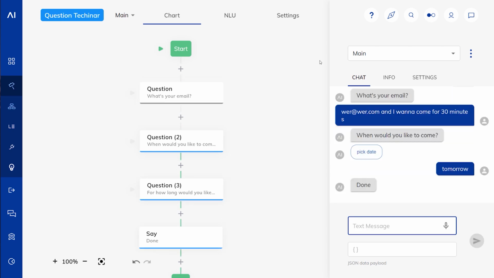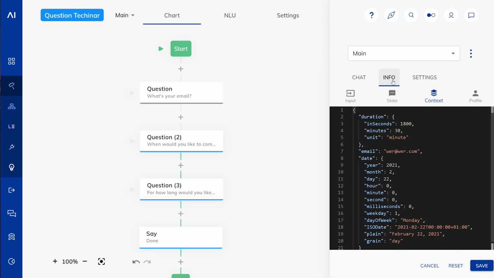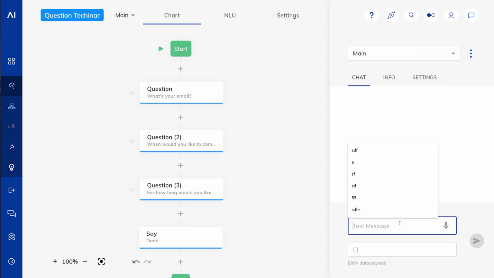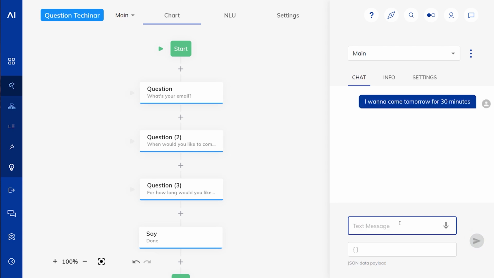This answer now came actually also from the slot filler, but it could have also come from the question. And maybe to do this again, I could also say, I want to come tomorrow for 30 minutes. It's going to ask me for my email address. And then I pop in the email address and then I'm done. So we can really make slot filling extremely comfortable and convenient here for the customer by using a combination of slot fillers and question nodes.